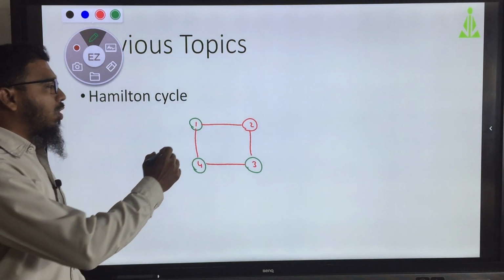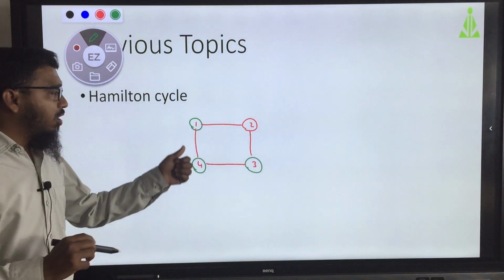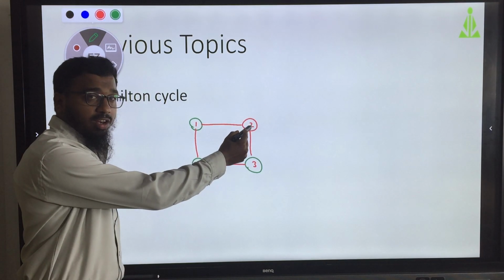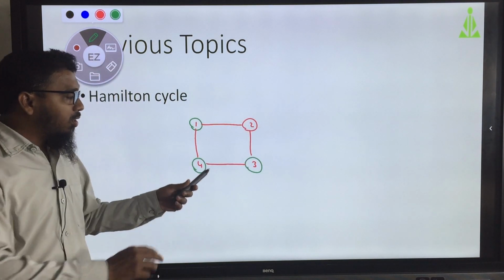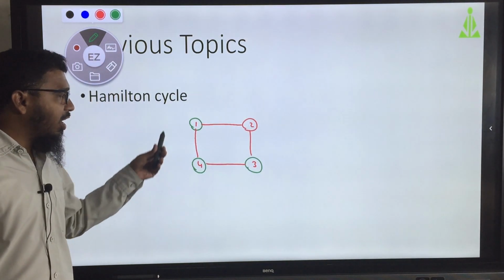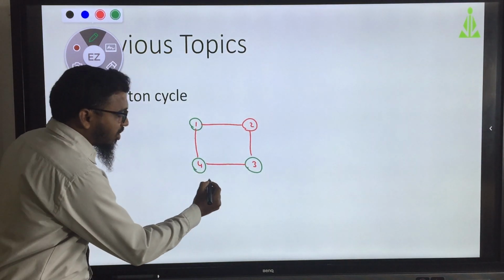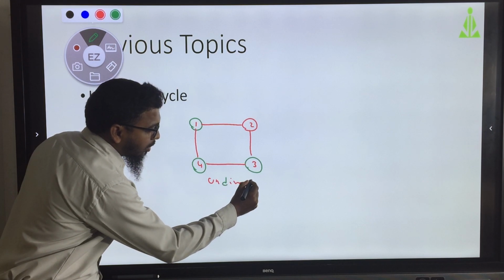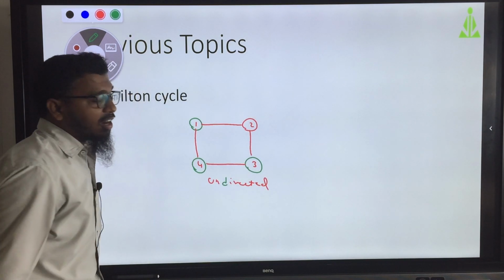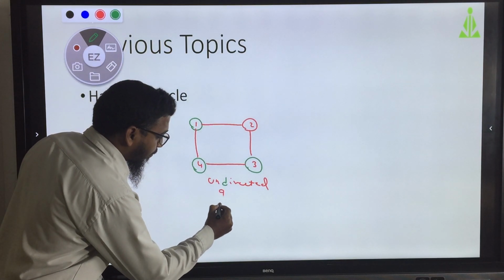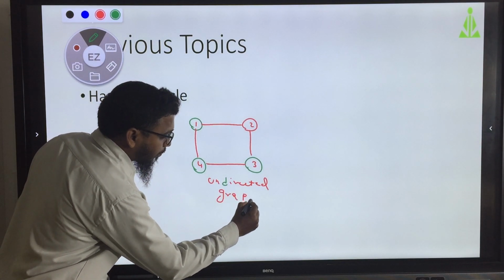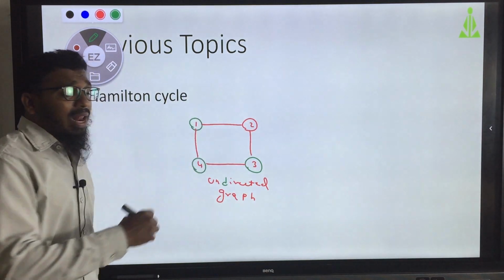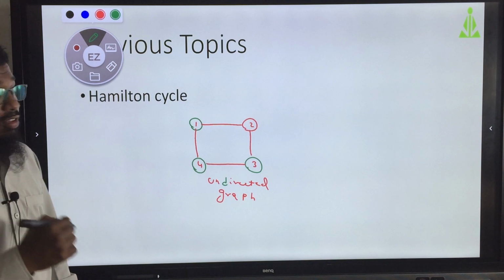I am just giving a small description of yesterday's class. If I start from 1, I can go to 2, then 3, then 4, and again I can visit 1. This is an undirected graph, and this is a Hamilton cycle.